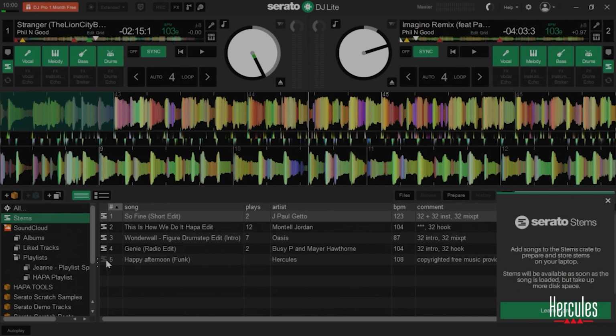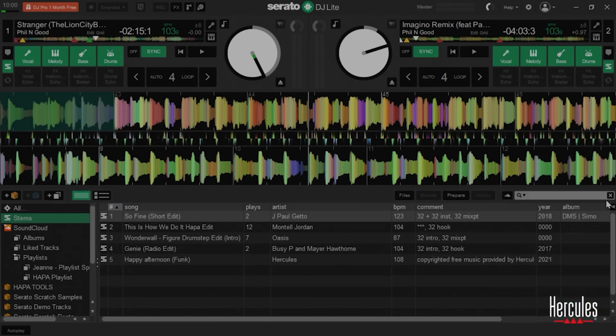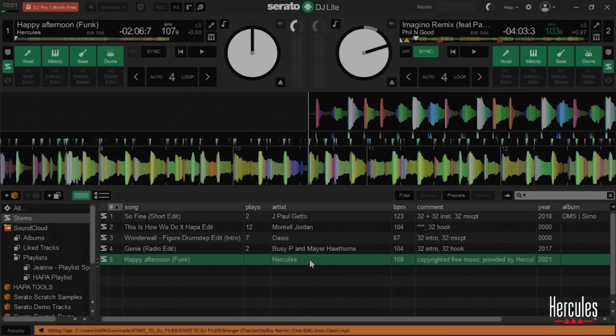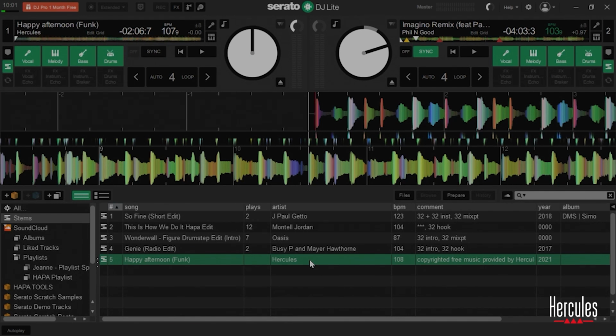And you can see, even as I'm talking right now, it's taken a little bit of time to process, and then there it is. Now it's processed. So now when I load this onto the deck, it's ready to go. The stems are immediately ready to go. So it's not buffering, it's not putting any sort of extra load on my laptop. The other last thing I wanted to show you is I want to actually switch over to Serato DJ Pro and show you these effects.